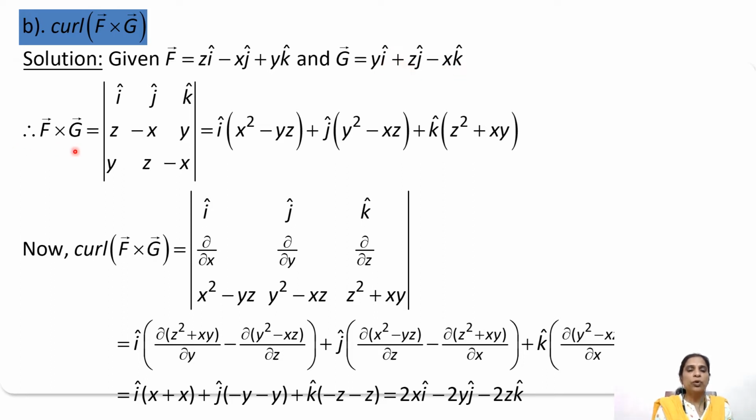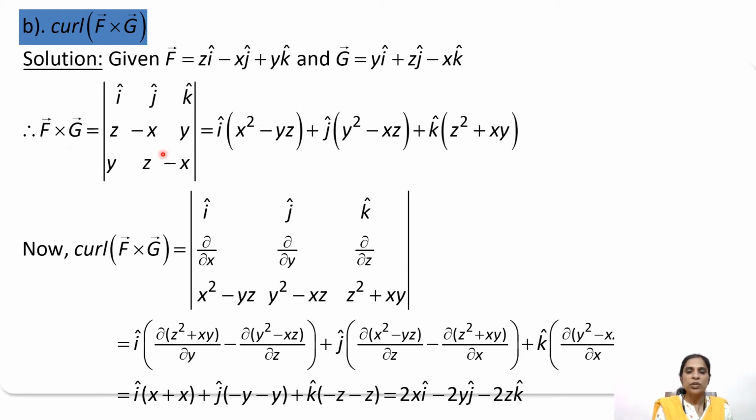So you know how to find the cross product of two vectors a cross b. So you have i hat, j hat, k hat, a1, a2, a3, b1, b2, b3. So here we have f and g. So we have to write the components of i, j, k accordingly for the vectors f and g in second and third rows respectively. So once you have the determinant ready, expand it. So you are ready with f cross g.